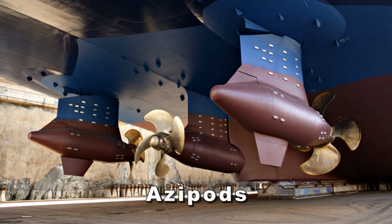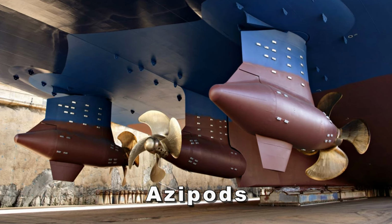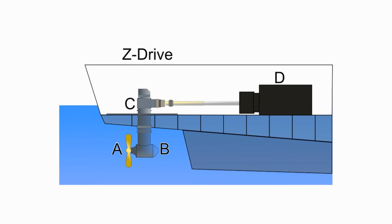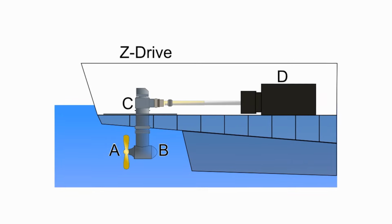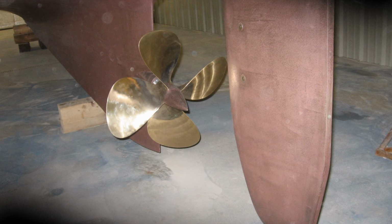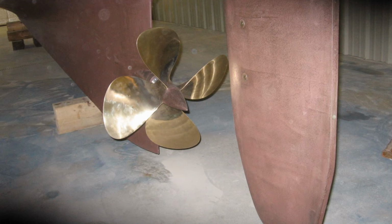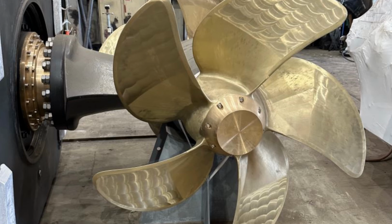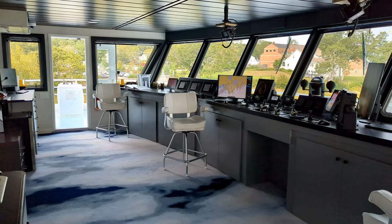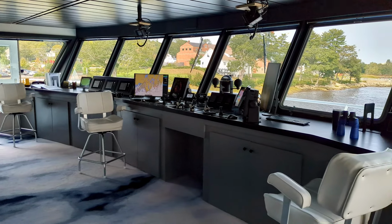A Z drive is similar to the azipods that most mega cruise ships use these days. It's basically a propeller that can be pointed in any direction, 360 degrees. So instead of having a fixed propeller in one position and a rudder to direct the thrust of the propeller, a ship with Z drives is steered by just pointing the Z drive propeller in the direction you want to go. So there's no big steering wheel here in the pilothouse,